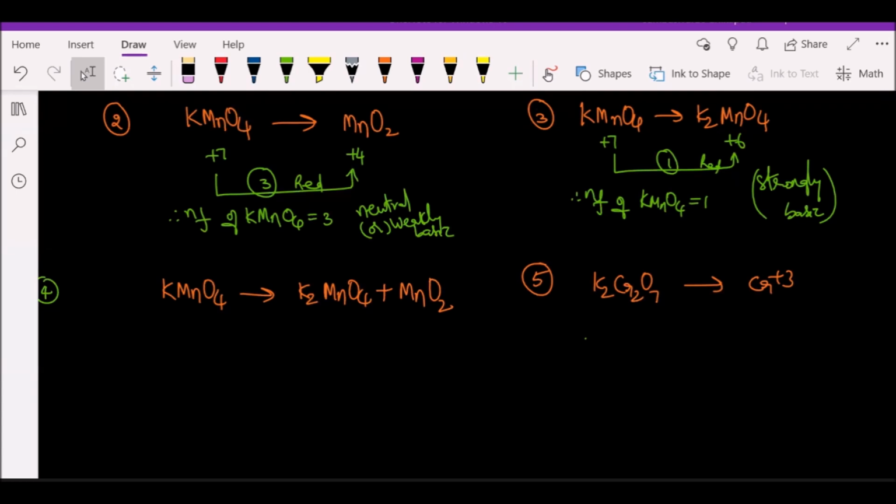There are so many people waiting to say the answers. That's fine, Mr. Devi. Sir, how to find it is strongly basic? Based on change in oxidation number, you have to decide, Mr. Devi. That means how, sir? Remember them from the beginning of the equivalent weight concept. I told you for KMnO4 the n factor in 3 cases. Once recollect them.